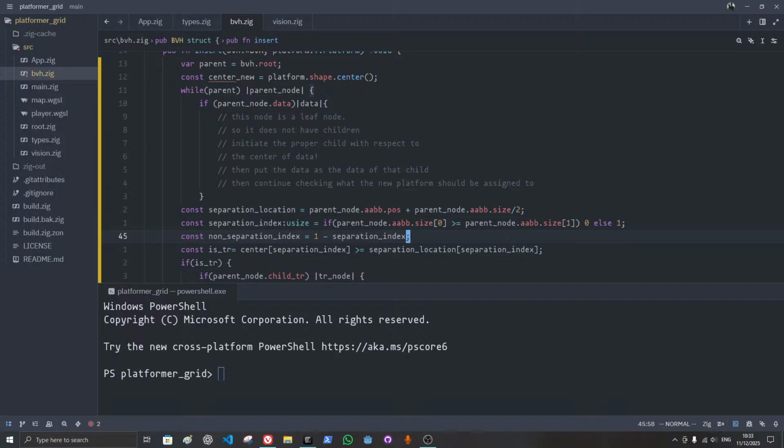But this is a little bit inefficient. I should first add the new node, right? I should first add the new node and then add this one as